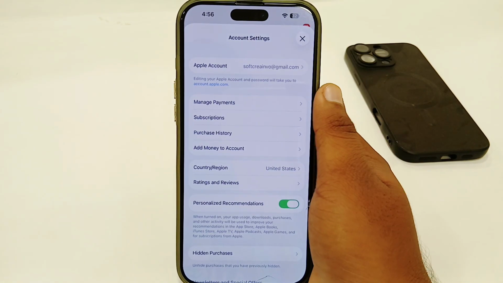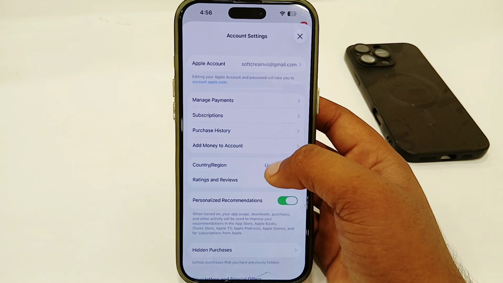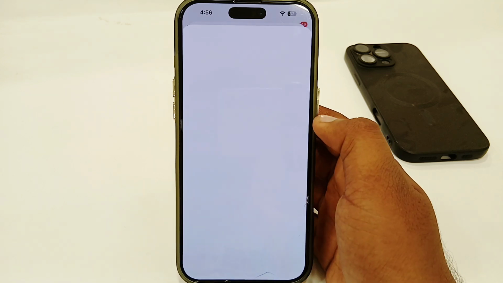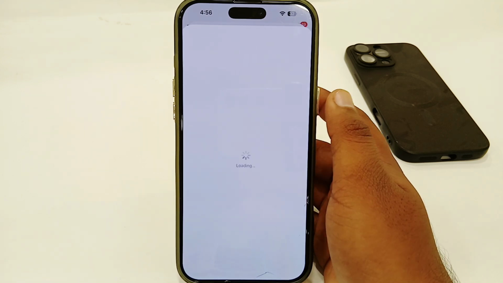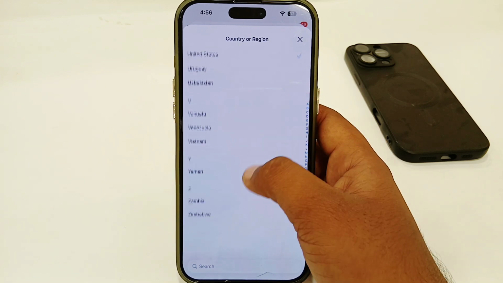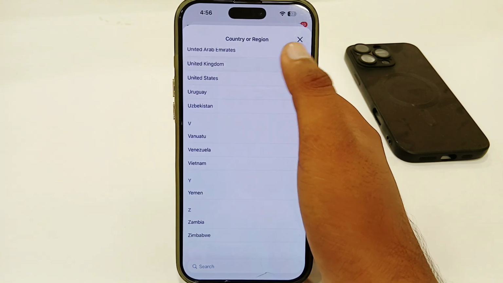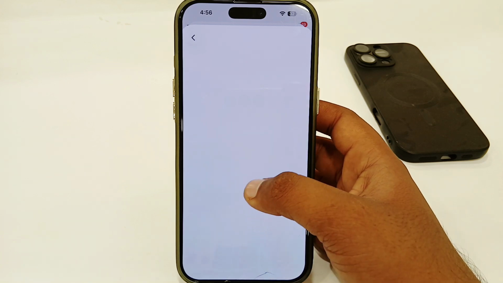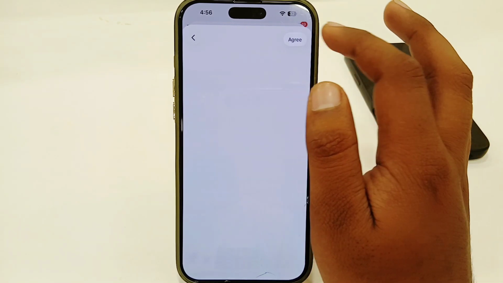And after verifying, you just have to select the Country or Region option from here, and then select your own country or region in which you're living or which you have just selected in your iPhone. So I'm going to select that and then tap on Continue, then tap on Agree in the top right corner here,